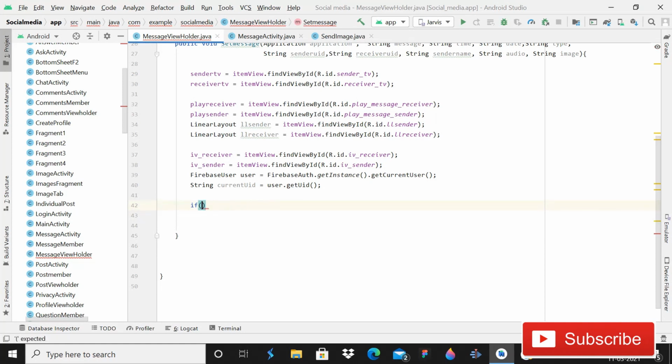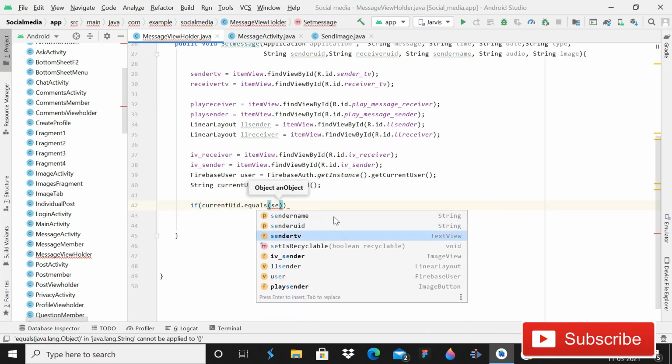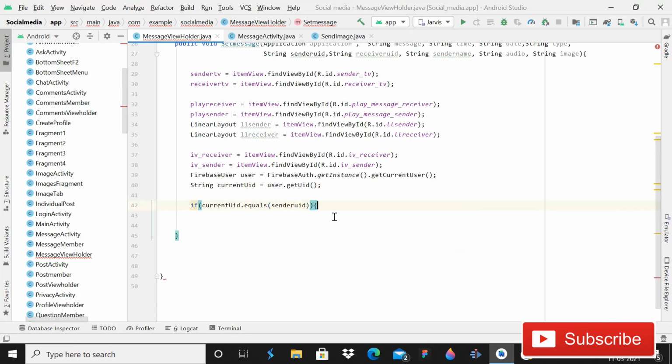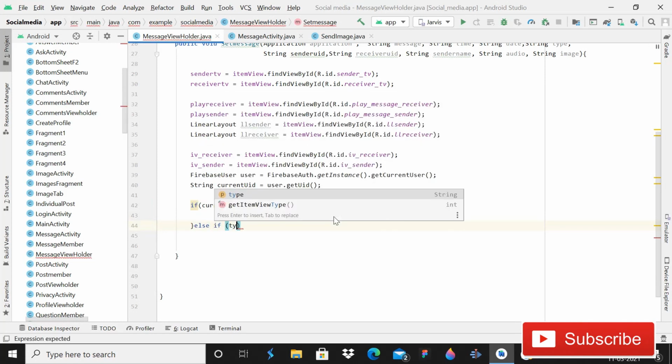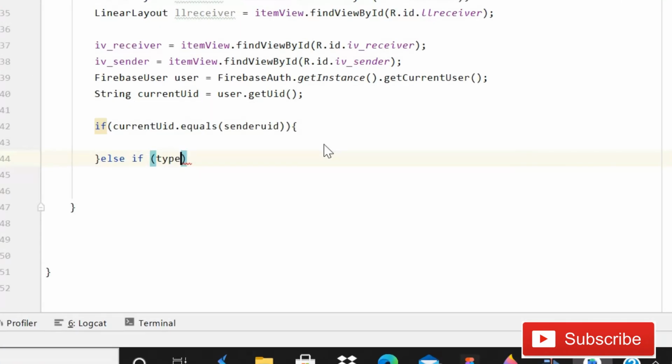First of all, what we will do is: if current uid equals sender uid, then else if it equals receiver uid, then this.